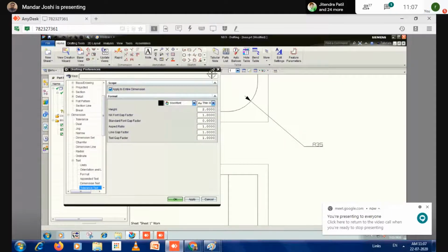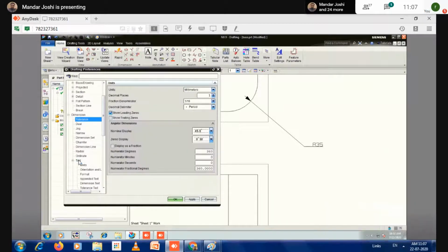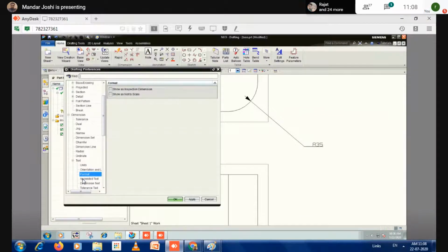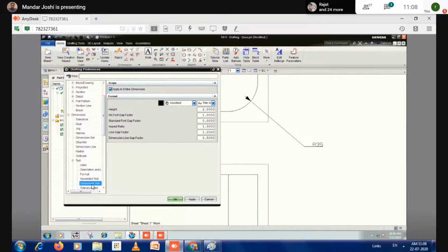It is related to dimensions. So you have to search in the dimension text, orientations and locations, where you can see this text. Can you tell? Dimension text option. The height is very small here. So is that dimension text given in your setting? No, sir. No. Let's assume it is 8.